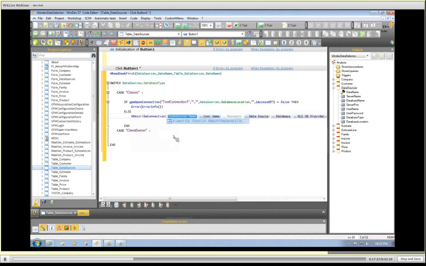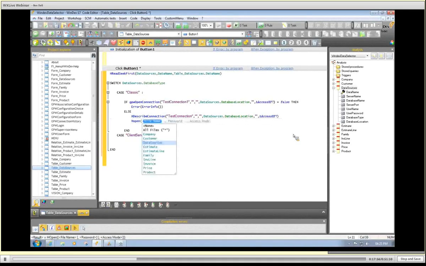Describe connection, and I will name this test connection, and I will use the same details as what I did for the user groupware, but only for my client data. Then I will go and open this actual connection,